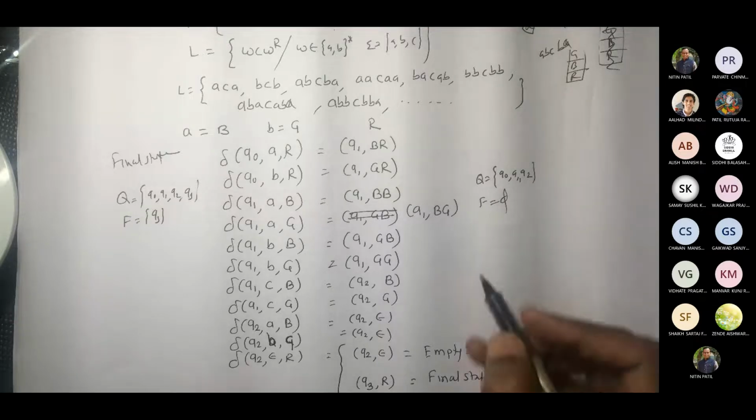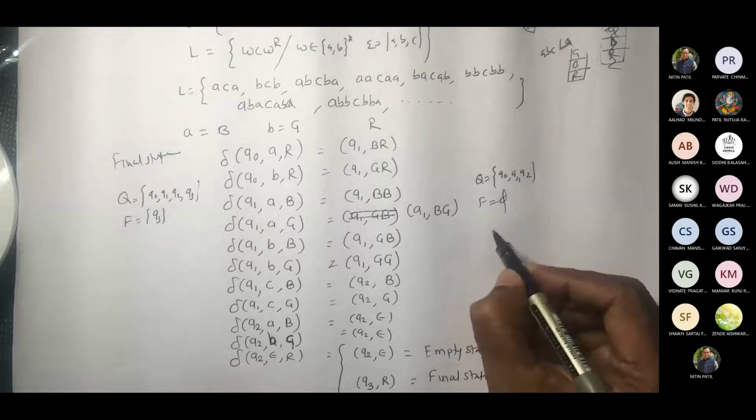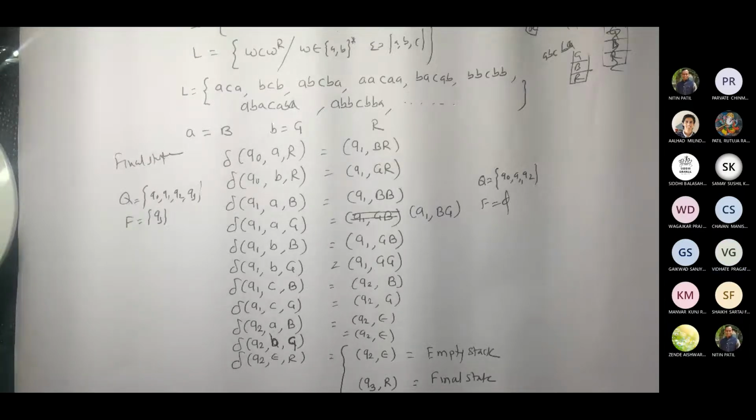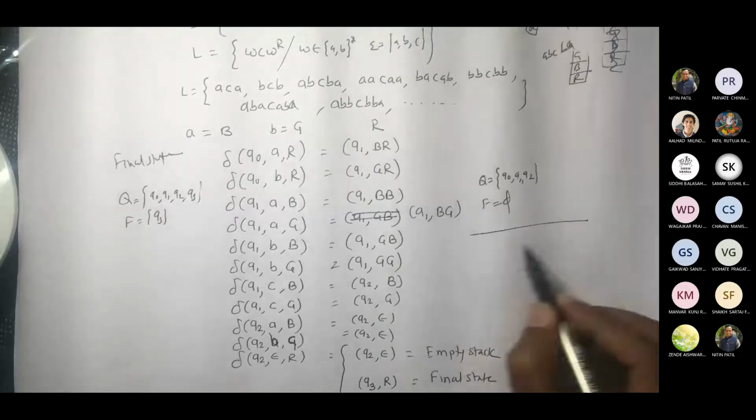So okay, let us take a sample case. Give me one sample case. So I will ask somebody. Pragati, Vidate, give me one string. Give me one string which fits into this set. So give a bigger one so that it will be easy for us to understand. WCWR. Give me one string. We'll assume it. We'll write that string here.